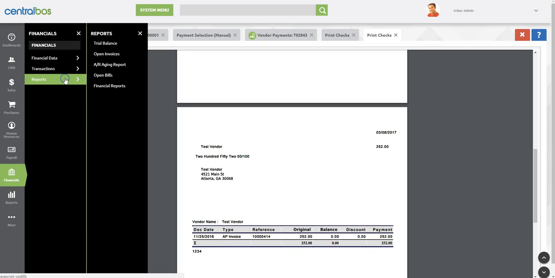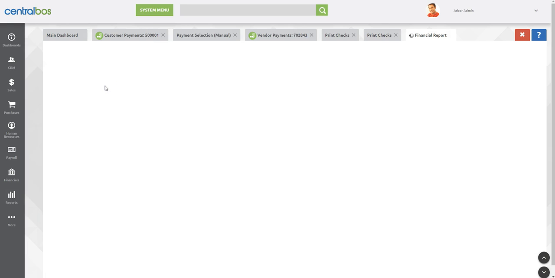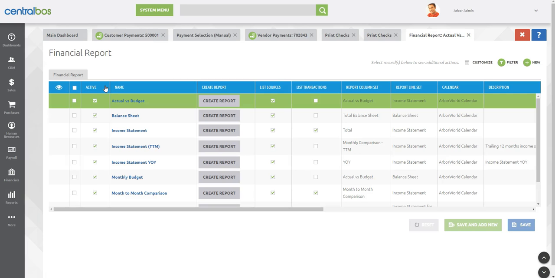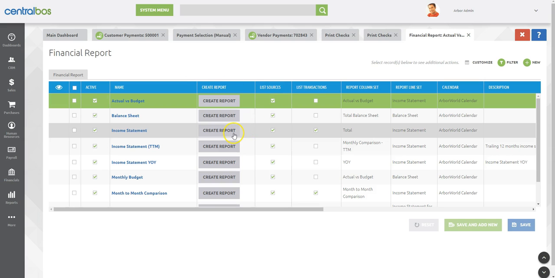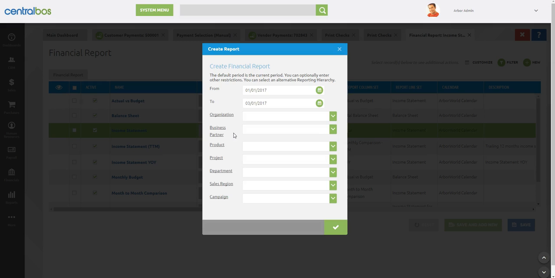And then lastly, we have all the reporting. So the ability to go in there and run your open invoices, AR aging reports, open bills, financial reports. These are all configurable depending on how you run your business. We've set up a couple of standard financial reports here. For the income statement, I can go in and create the report, and there's lots of flexibility in here: date range, all these parameters. Do I want to run the income statement just for one of my organizations, or we also have the ability to